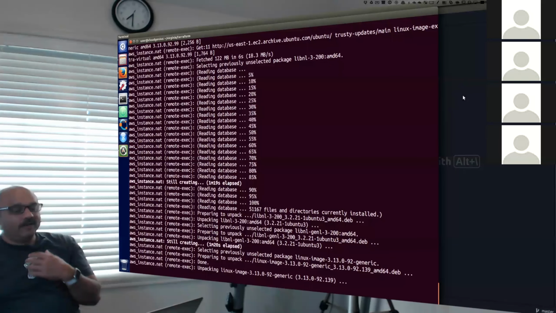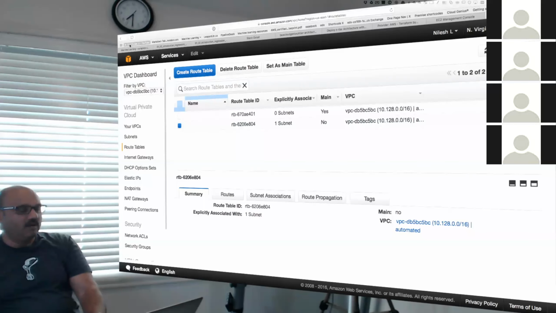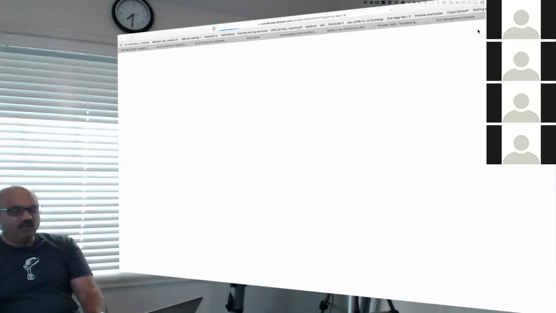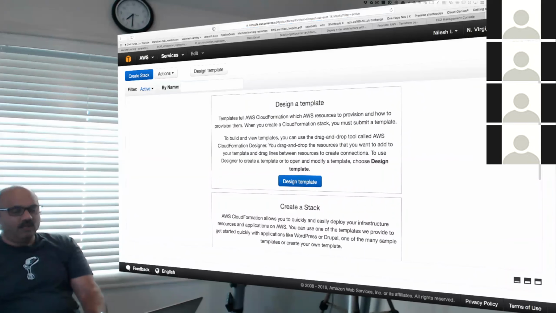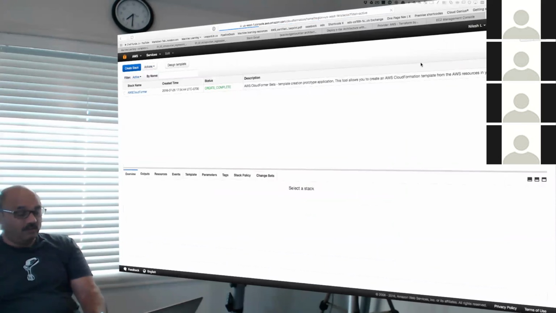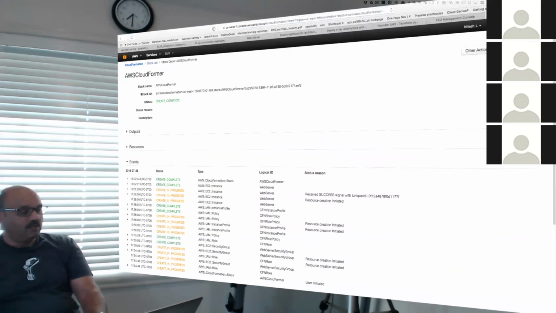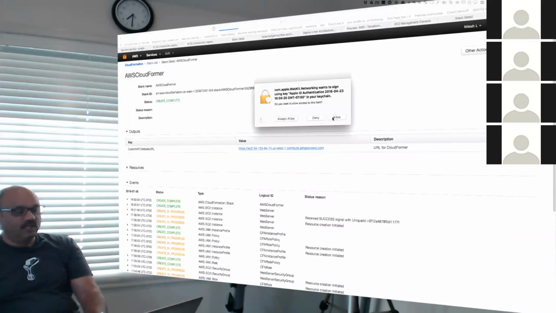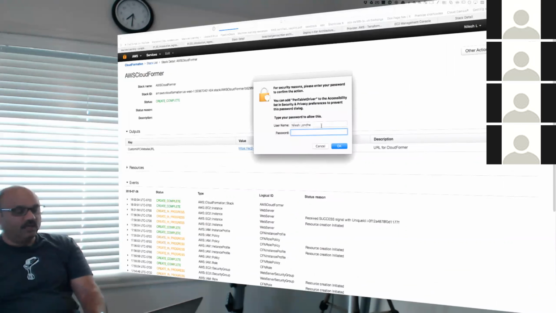So while this is going on, let us see if our Amazon CloudFormation is still doing something or responding to us or not. So back in here, CloudFormation in California, CloudFormer, look at the output and see if you show me something, please. Just say allow. And it says what?